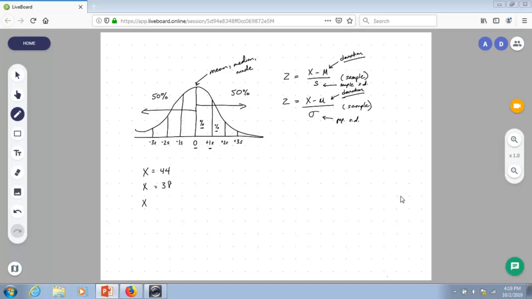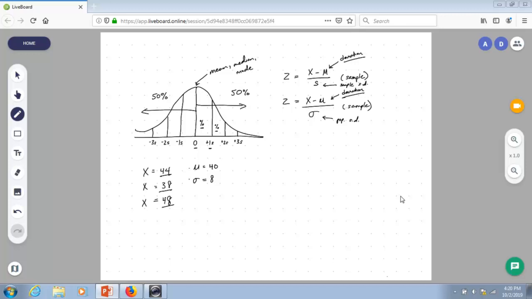In actuality, folks, you could make an error and go with the sample formula, and as long as you identify the correct mean and the correct standard deviation, you'll still end up with the right answer. But for all intents and purposes, make sure that you understand what these Greek symbols mean so that you'll be moving forward with greater understanding of what you're doing and accuracy, because there are times moving forward where you will have to make sure you select the correct formula that is appropriate for the sample or population that you're working